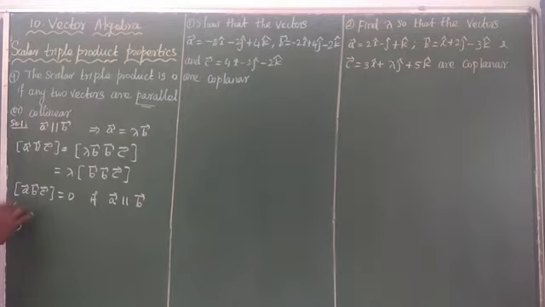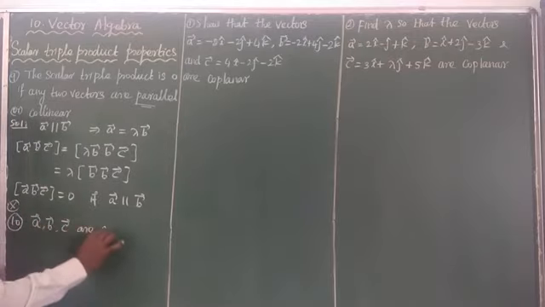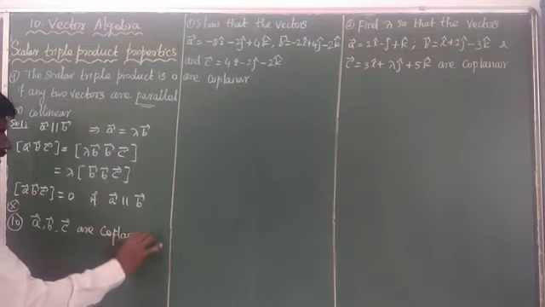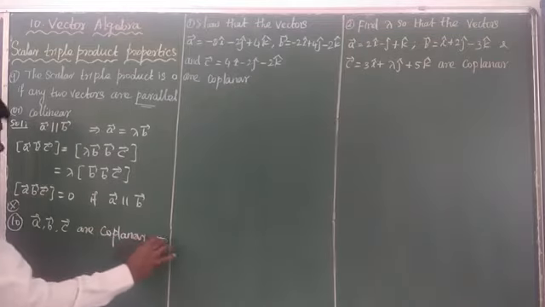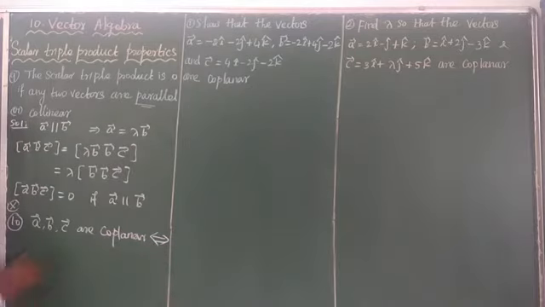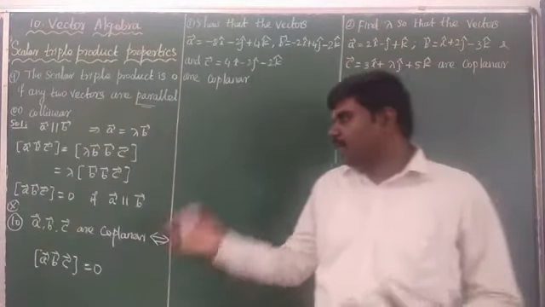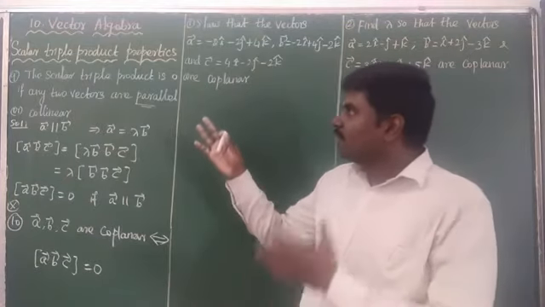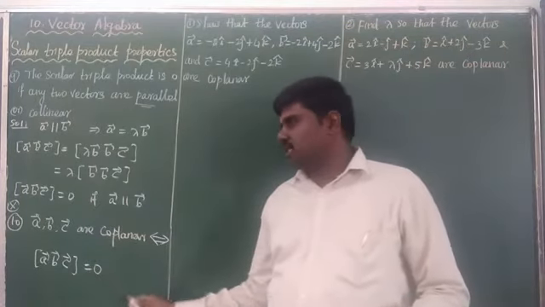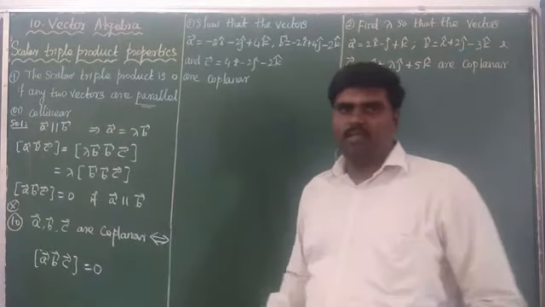Next, the important property, a very important property. Okay, it is asked many times in the board question paper. Here, what's the property, sir? A vector, B vector and C vector are coplanar if and only if, okay, you see that simple, the scalar triple product of A vector, B vector, C vector is equal to 0. This is asked many times in the board question paper. So how do you prove that any three vectors are coplanar? Using the scalar triple product. The value should be 0, which means the three vectors are coplanar.